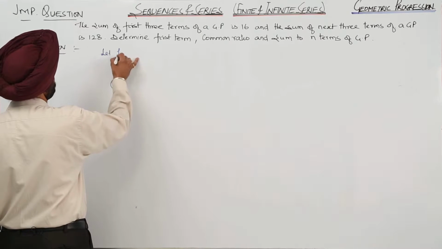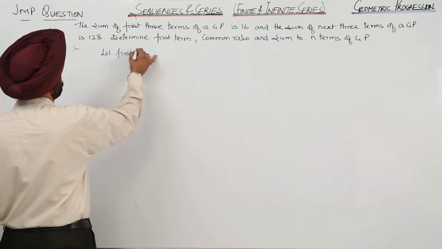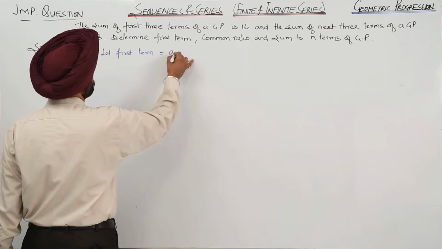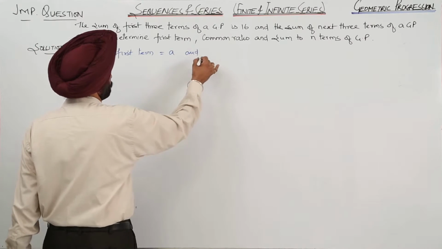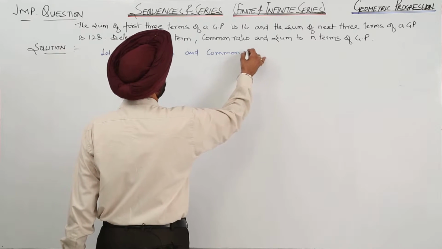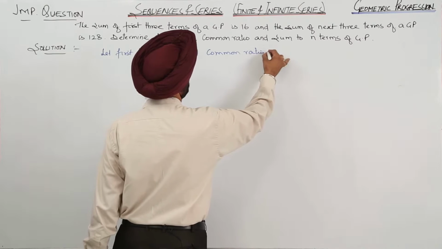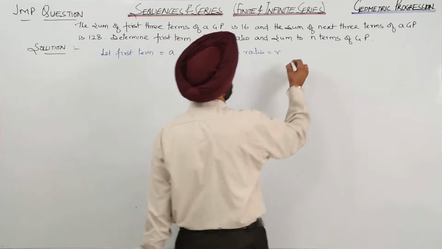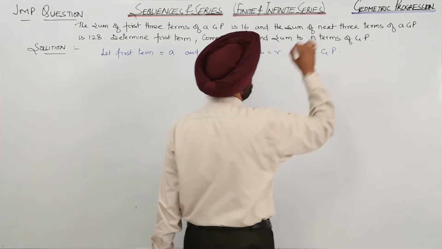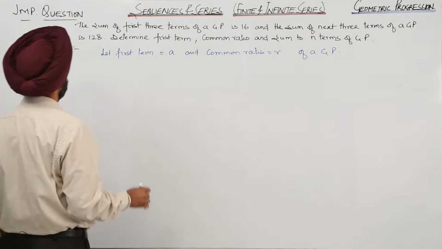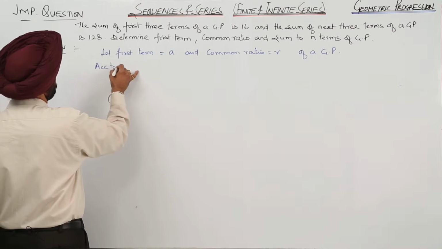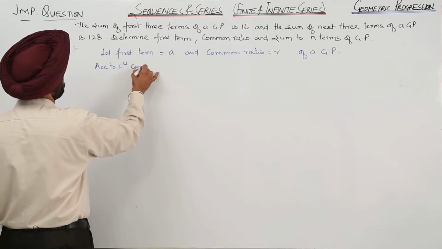Let the first term be equal to A and the common ratio be equal to R of a GP. Now, according to the first condition,